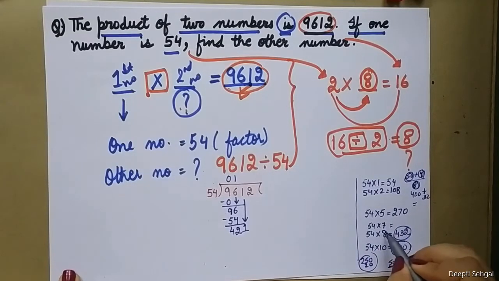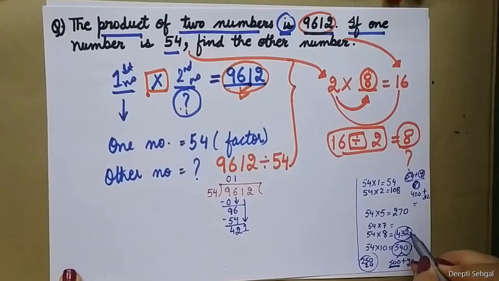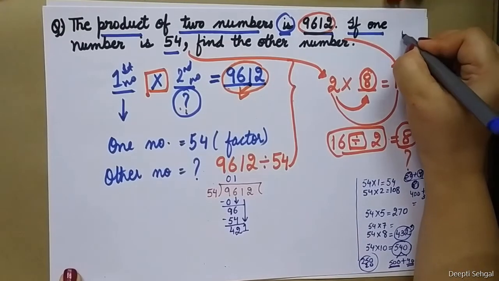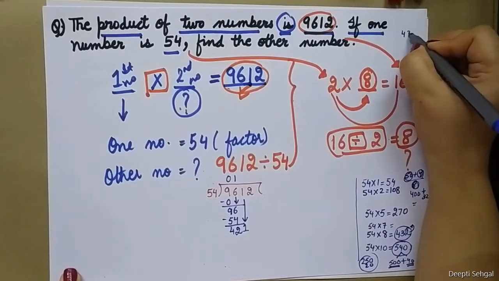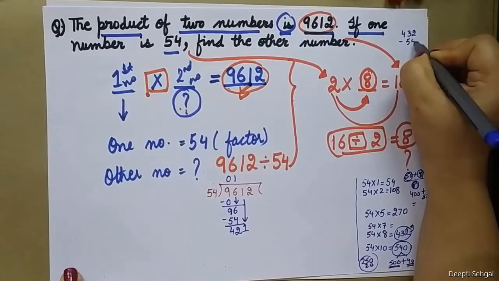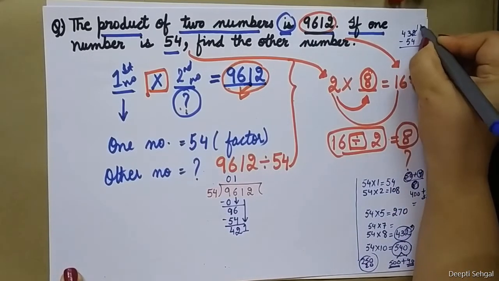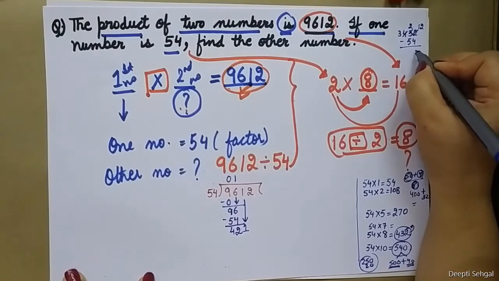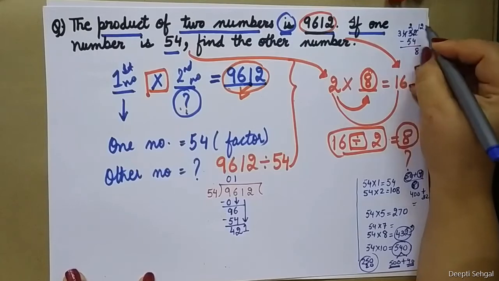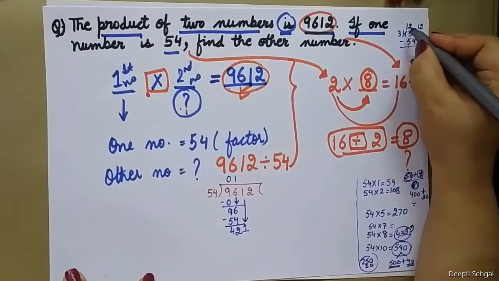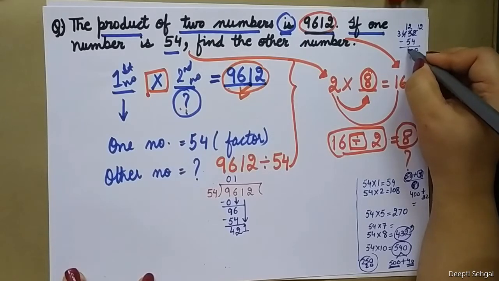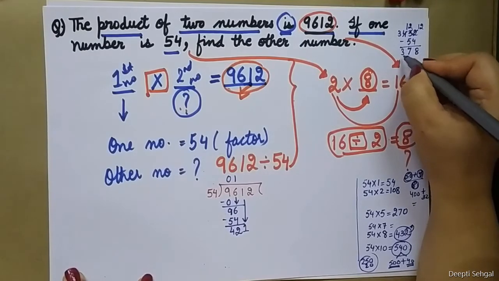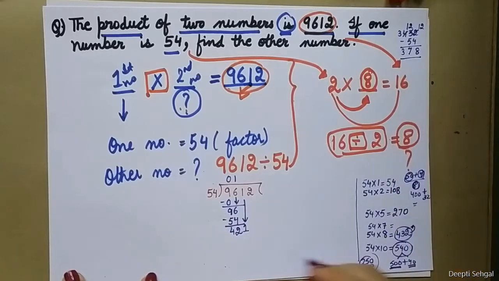Now either I can again multiply or I can subtract 54 from 432. I am doing it here because I don't have space right now. 432 minus 54. So this will become 12. This will become 2. This will become 3. 12 minus 4 is 8. 2 minus 5 is not possible. So this became 12. 12 minus 5 is 7, and this is 3. So my answer is 378.